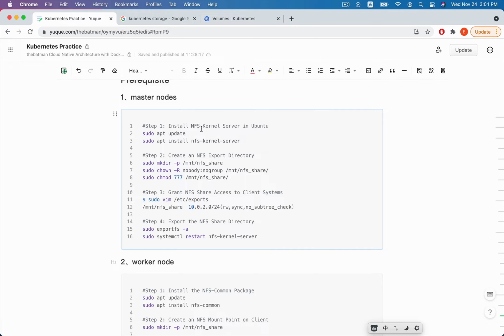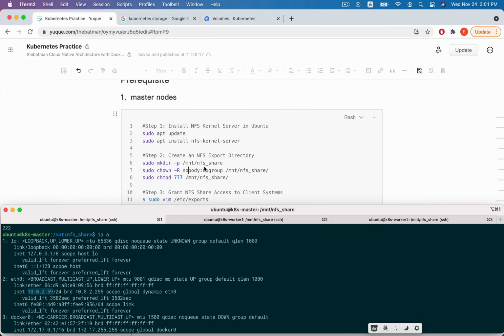We install the NFS kernel server on this master node, and we can use this to update the OS and use apt install nfs-kernel-server. And second, we create an NFS export directory. We can use sudo mkdir -p and specify the directory. We have created this /mnt/nfs here.